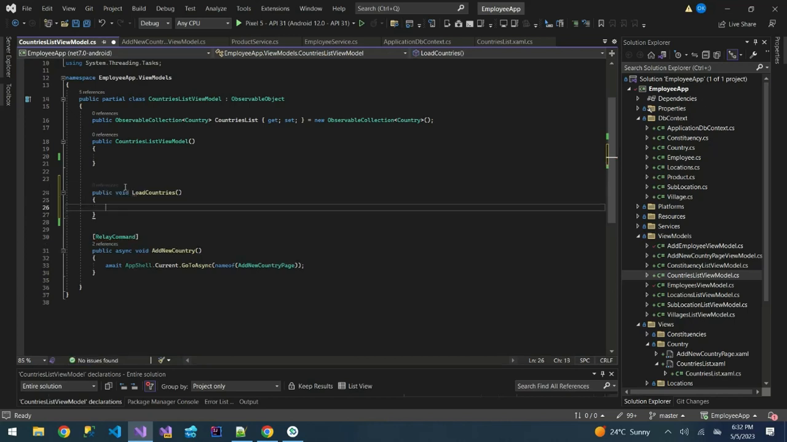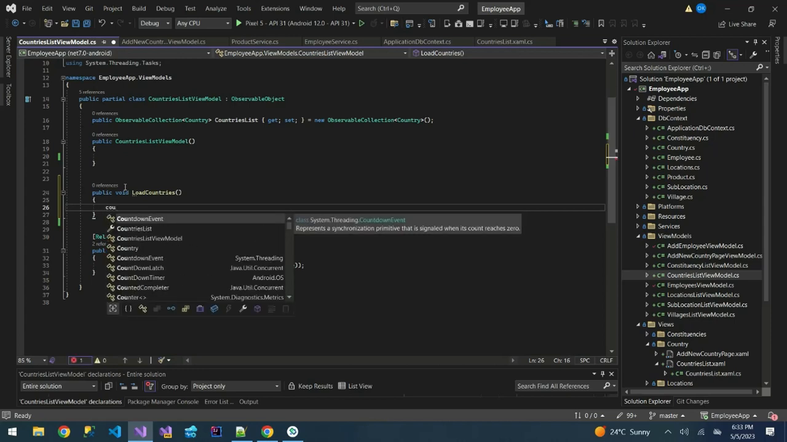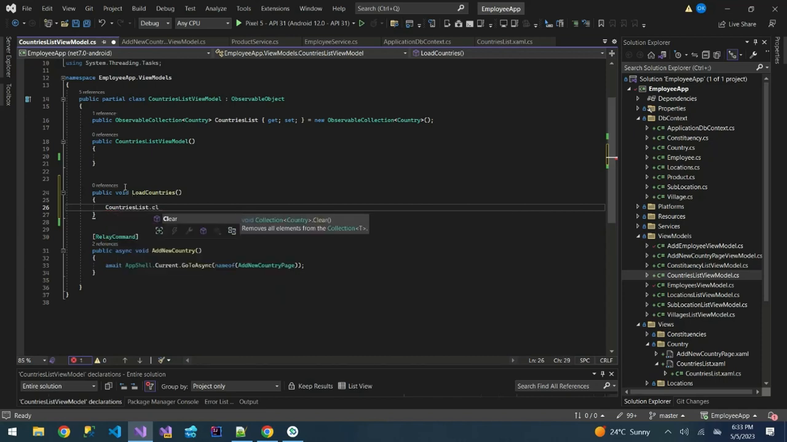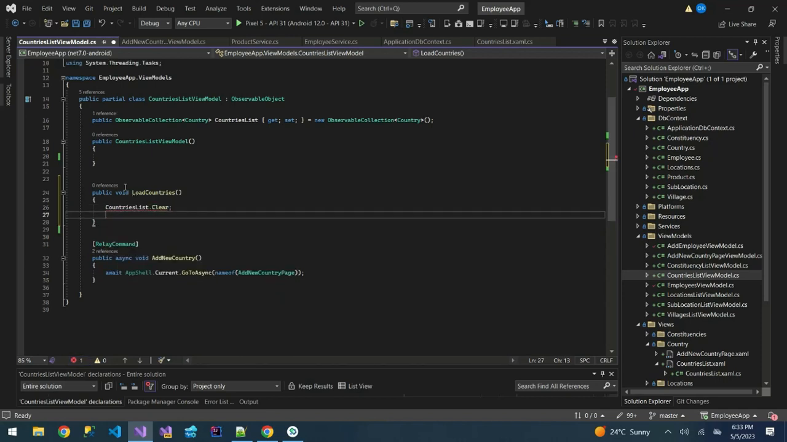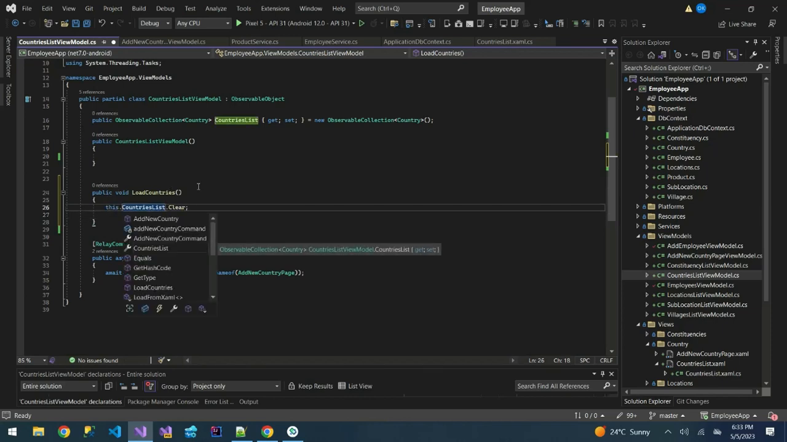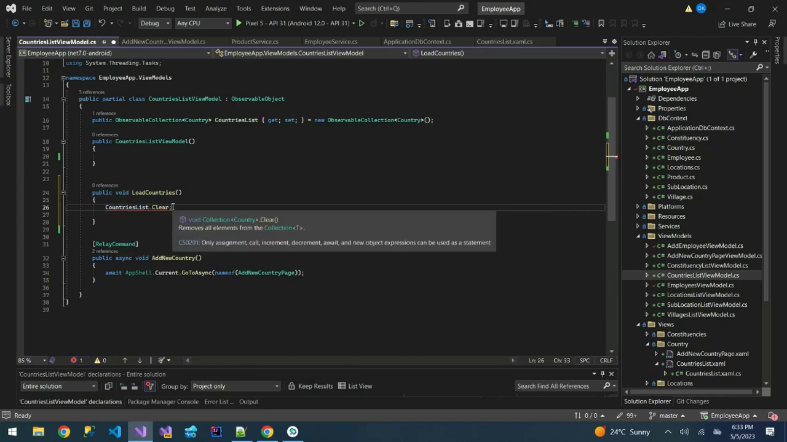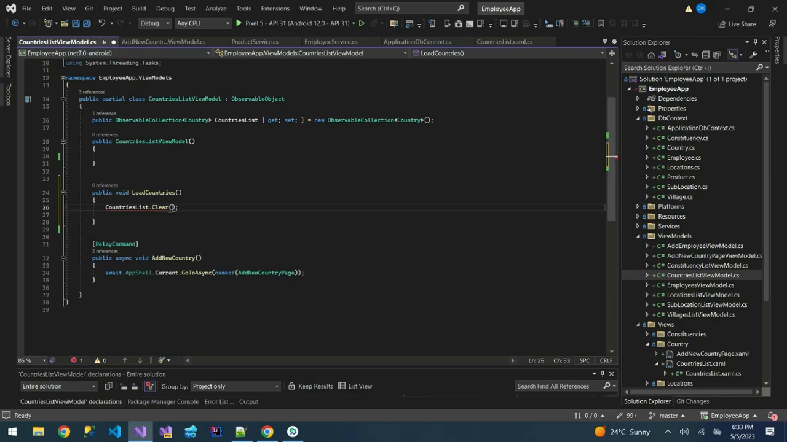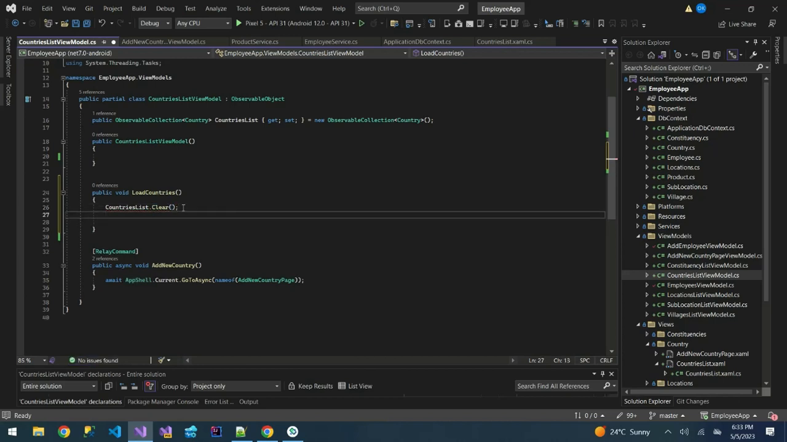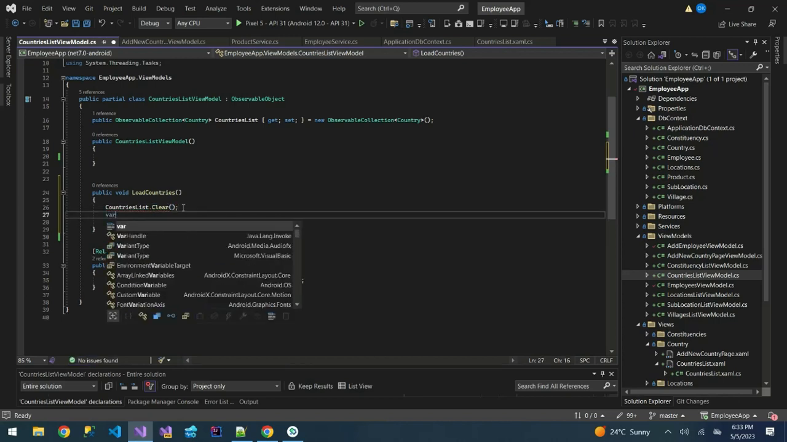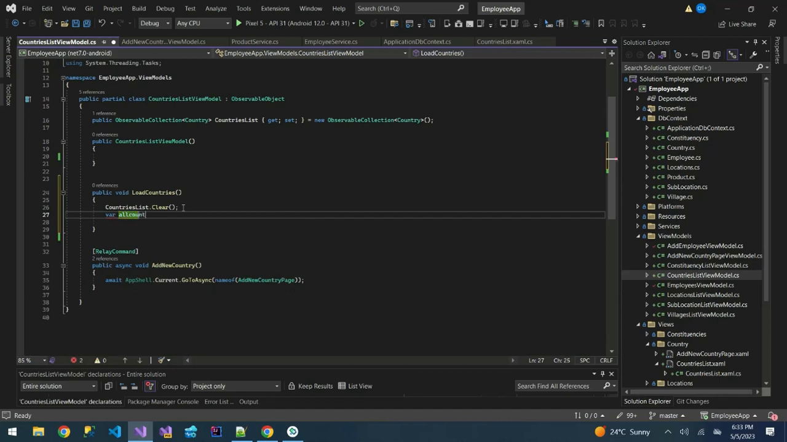In this function, we now want to load the countries that we are saving so that we populate them. So we can say countries, we can clear our list to ensure that we don't have any record. This is a function. So we want to retrieve the records. I'll say variable all countries is equal to